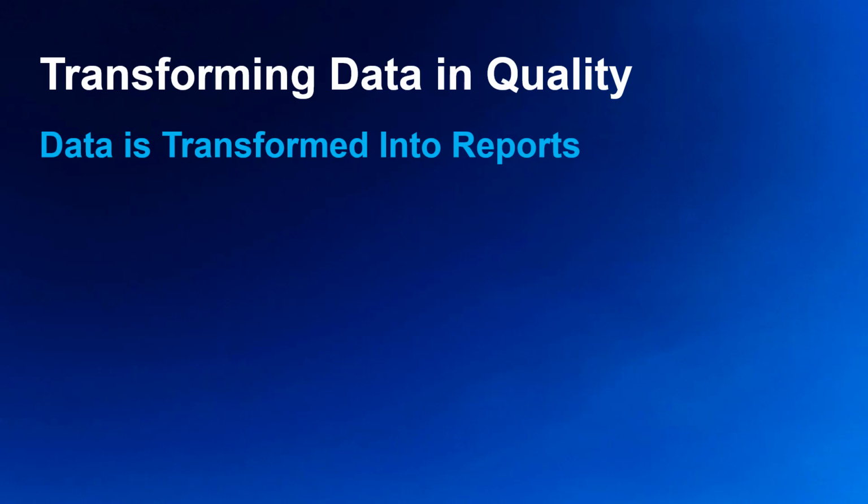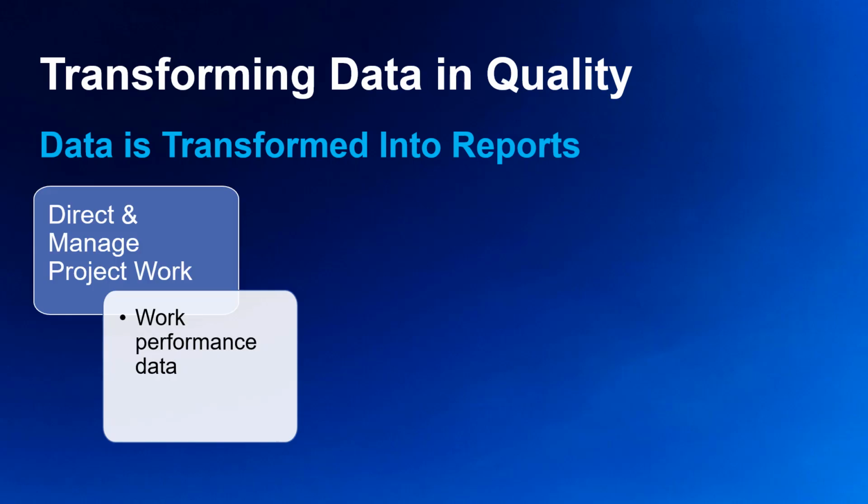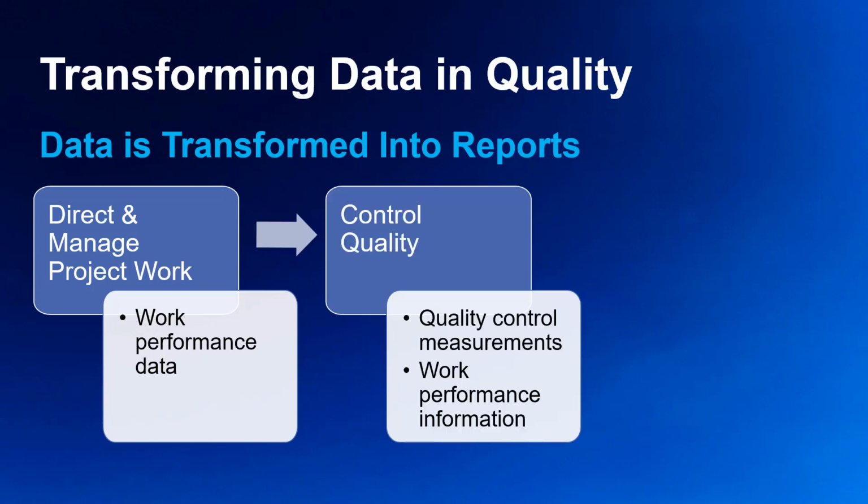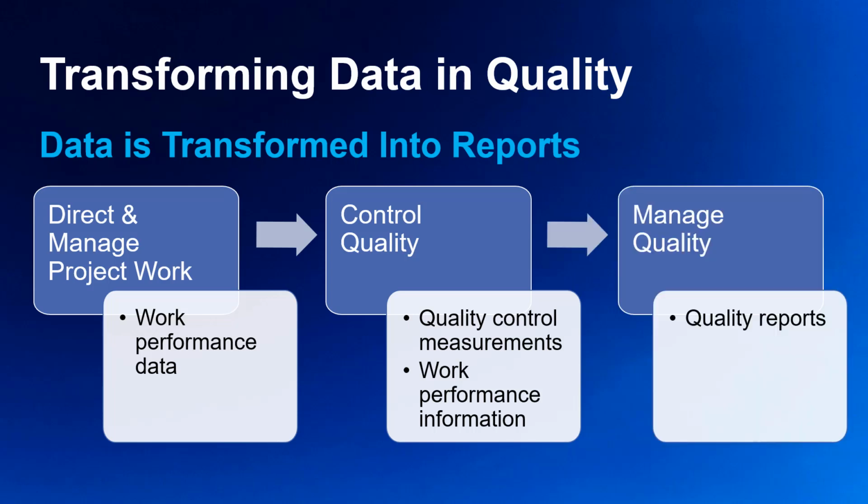And when we lay out the situation from the project quality management knowledge area in a similar fashion, you should be able to see the pattern emerge even more clearly. Executing the direct and manage project work process gives us raw work performance data. As part of the control quality process, we then use data analysis techniques to produce quality control measurements and work performance information. These are used in the managed quality process to produce quality reports and recommend process improvements to maximize